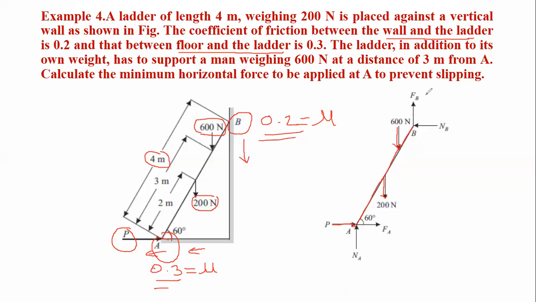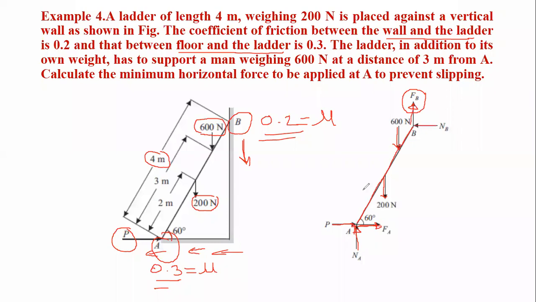That's why the friction force which develops in the opposite direction, that is F2, is in the upward direction over here and FA in the right side direction, because motion is impending in the left side direction. That's why the friction force will be in the right side direction. Now here the ladder is moving in the downward direction. That's why the friction force will be in the upward direction. And the normal reactions are always perpendicular to the support. That's why here NB is perpendicular to this one and NA is also perpendicular to this one.